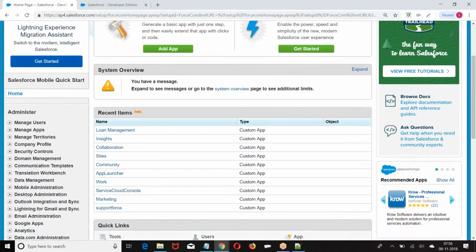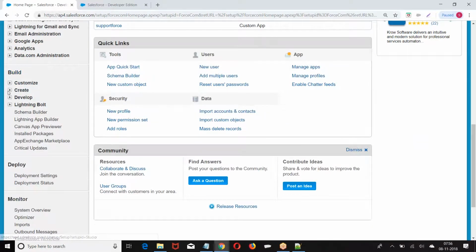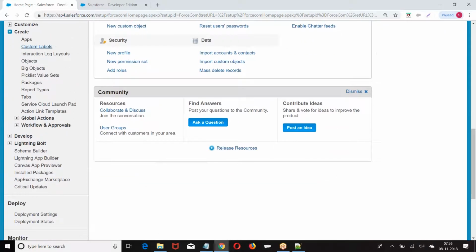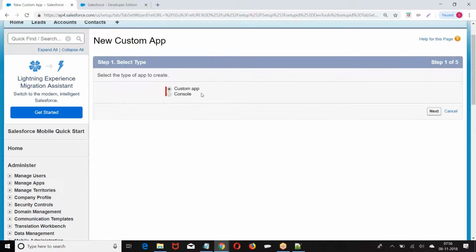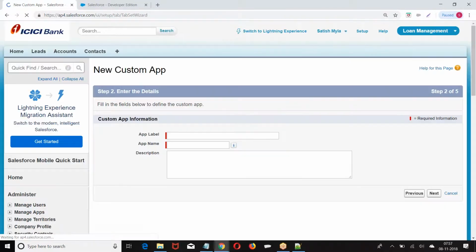Setup, build, create, apps, new app. Fleet management application, label, and application name.